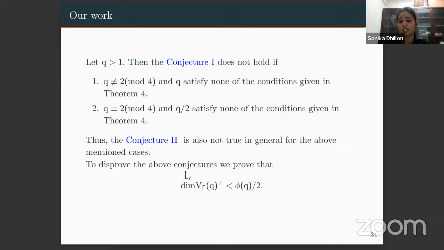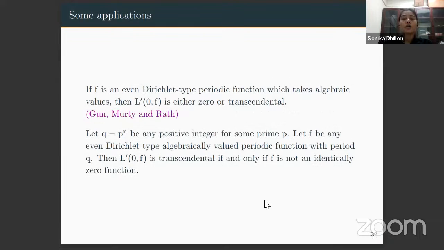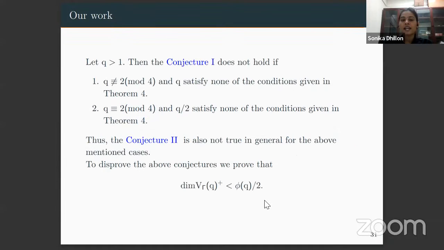that we have shown that the dimension of the positive subspace is strictly less than 3q by 2, and as a whole, the dimension of the whole subspace will be strictly less than 3q, and hence this conjecture is not true. But note that for the case when q is a prime, nothing is known. In fact, the results that were proved by Siddhi to prove the constant, she proved it only for the case when q is a prime number. So for that case, she proved that the dimension of that vector space,